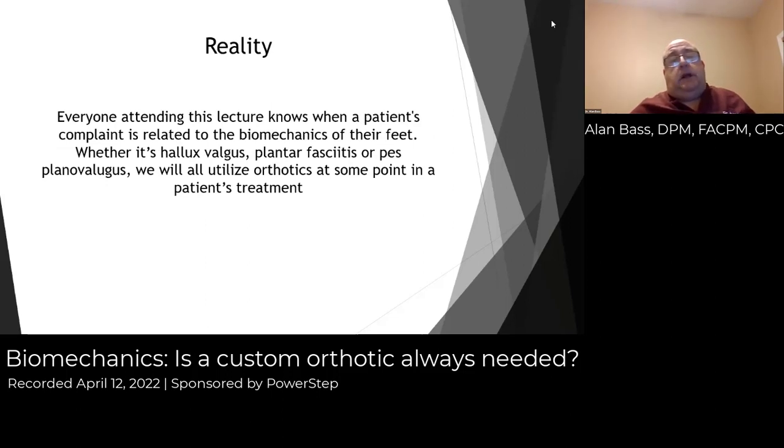So everybody here, listen, we're all podiatrists. This is not going to be a lecture on root biomechanics, and it's not going to be a discussion on the gait cycle, and that's not what this is about. But everyone here knows when a patient's complaint is related to the biomechanics of the feet. I don't care if it's hallux valgus. I don't care if it's plantar fasciitis, pes plano valgus. Whatever it is, we will all utilize orthotics at some point in a patient's treatment. Doesn't matter. We're going to do it because really, as I say to my patients, the